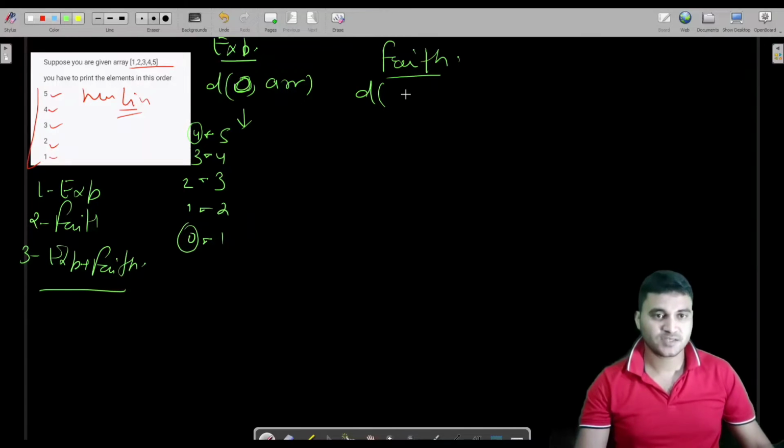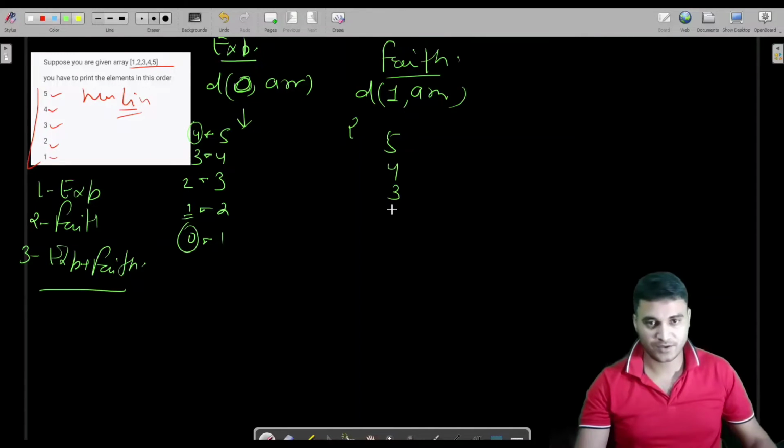But my faith says if I pass 1 to this function with the same array, it will print all the elements from the last till the index which I am passing. So it will print 5 4 3 2, because the last index is 1, which we have passed.